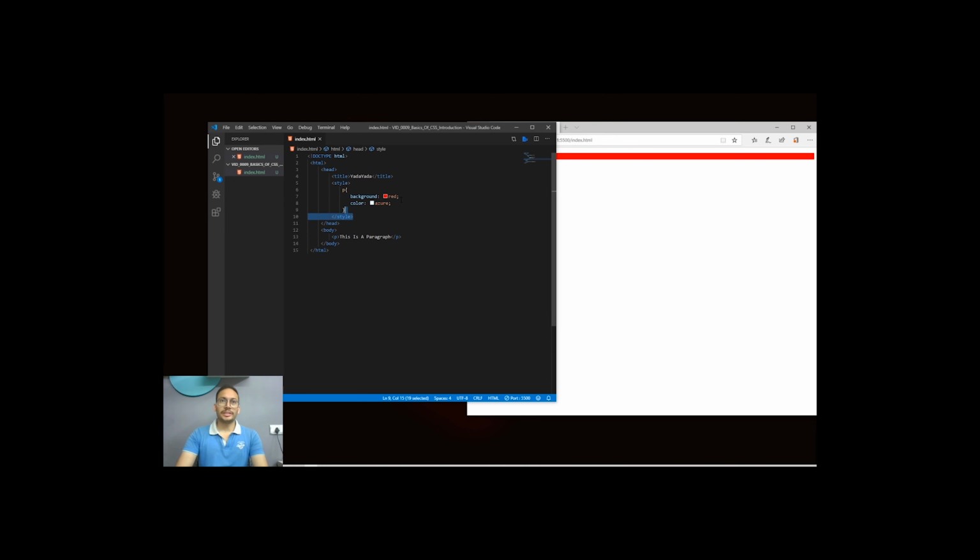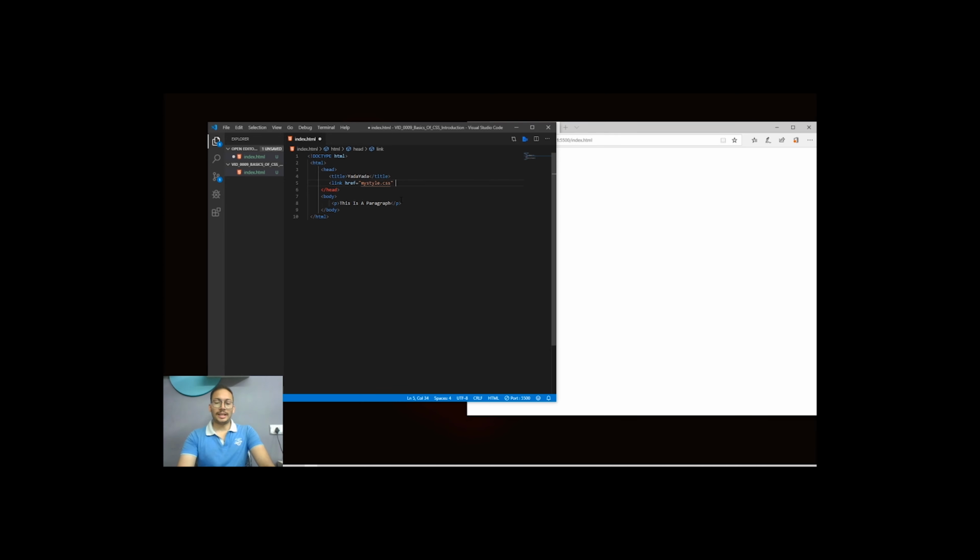And the third method is adding a link to an external style sheet. So let's add a link tag inside of our head tag. Link and then href, hypertext reference to the CSS file, which is going to handle all the styles which we want to include in our HTML. So let's say my style.css,